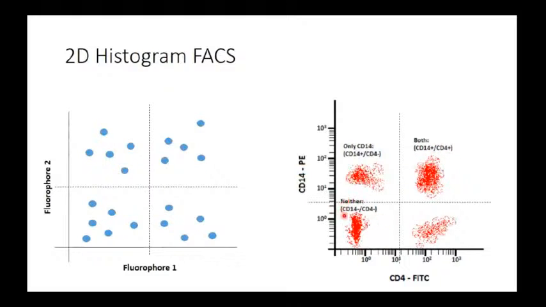These cells are CD14 and CD4 negative because they are giving low signal on both detectors. And these cells are expressing CD4. They are giving high signal on the CD4 detector, but they are giving low signal on the other detector, so they are expressing only CD4. This is a very simple example of how the data looks in the two-dimensional histogram.